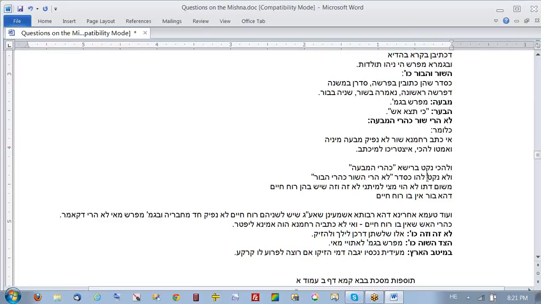Mishum, because to two lo havi matzi lemisne lo zeh v'zeh shish ben ruach chaim. Because further on, or I think that's what to two means. Yes. He wouldn't have been able to further, exactly. You would have been able to teach lo zeh v'zeh sheish ben ruach chaim because bor doesn't have ruach chaim. So he wanted to teach the order he taught it in, because bor ein bo ruach chaim.